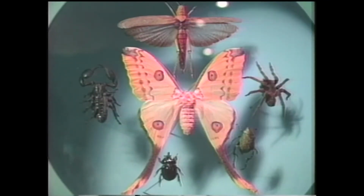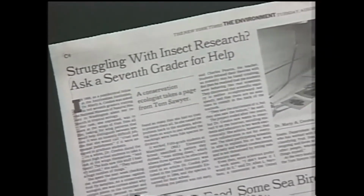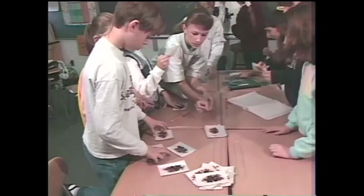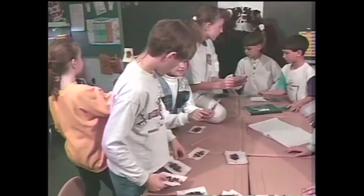The differences are often so minute, however, that even professionals can't distinguish among would-be species. But a new initiative has enlisted school children in the scientific name game. Known as Tom Sawyer Science, some students were recently recruited by a scientist who found that youthful inexperience can be a virtue. The key is finding somebody who has a problem